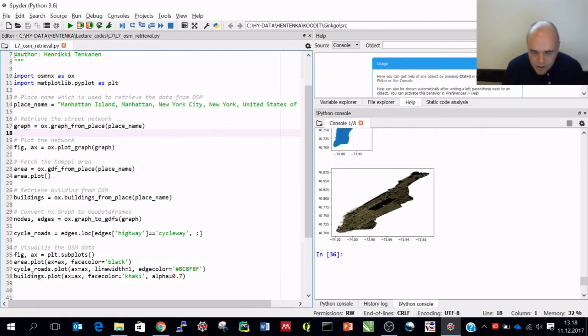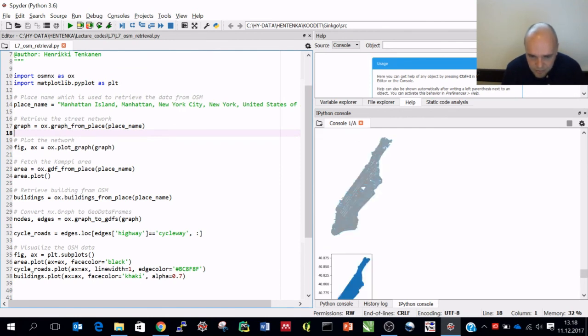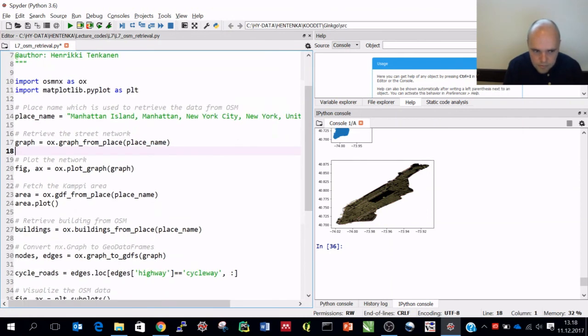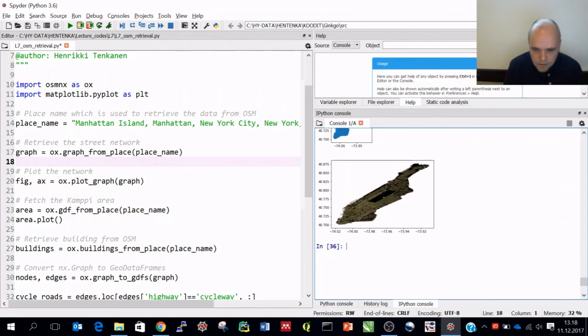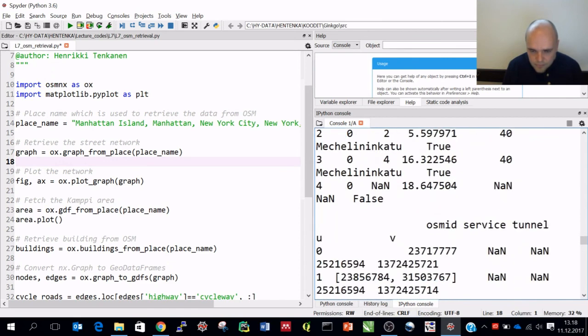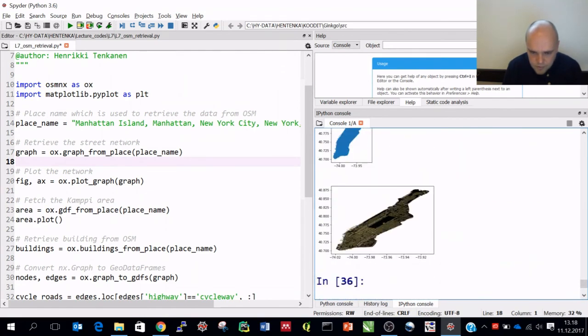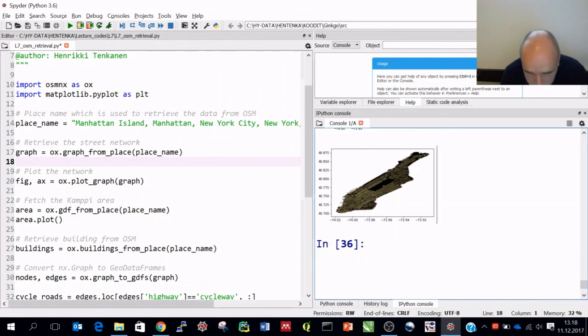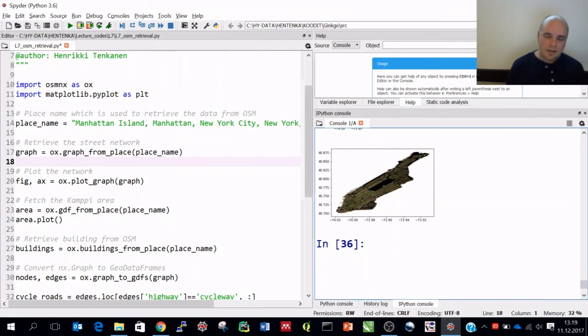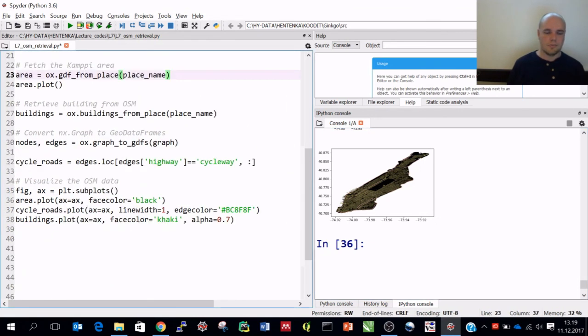And now we got some kind of map. Well, it's a bit small, but anyway, we can see that there are a lot of cycle roads in New York, much more than in Kamppi. Of course, it's a bigger area as well. But anyway, if we had this as a separate window, we could